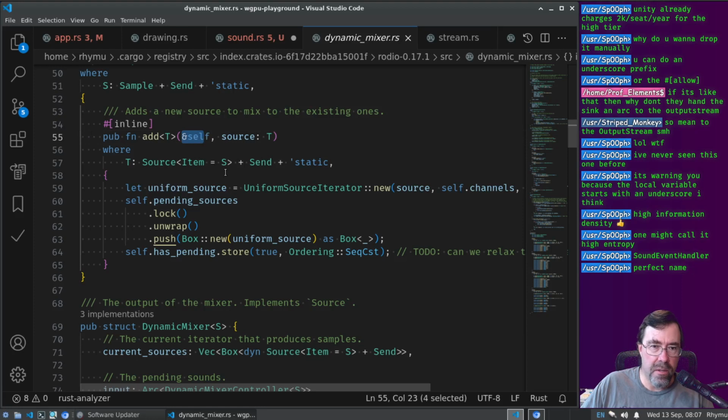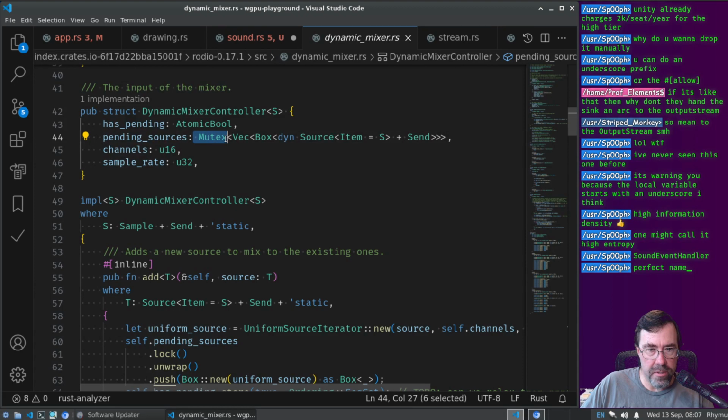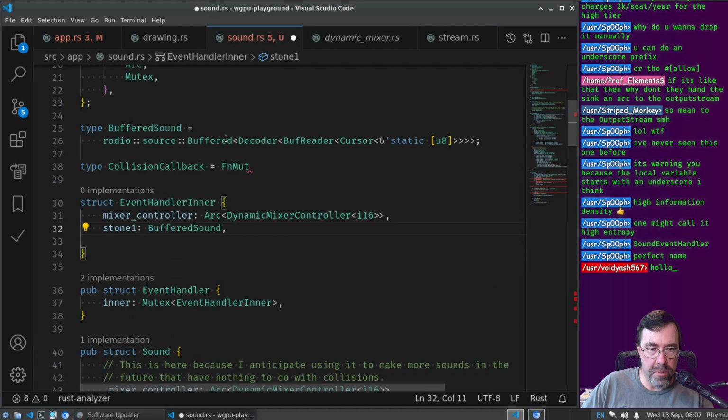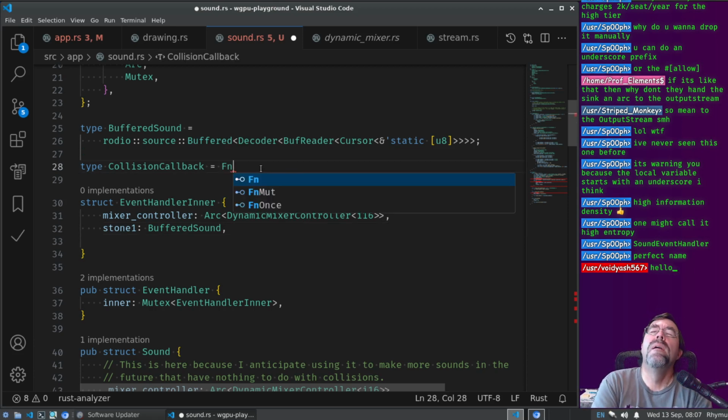Oh, it's not. Interesting. So that means it's probably interior mutability, right? Through a mutex. Okay, so then it can probably just be a function, right? It probably doesn't need to be. Let's leave it open, so that you might want to mutate it. Okay, so then